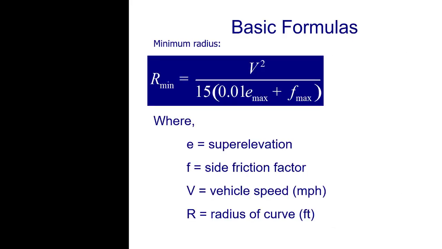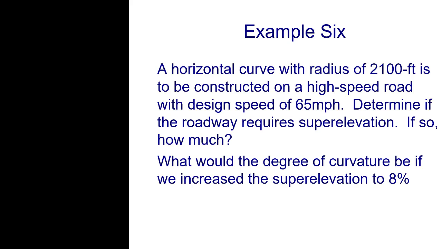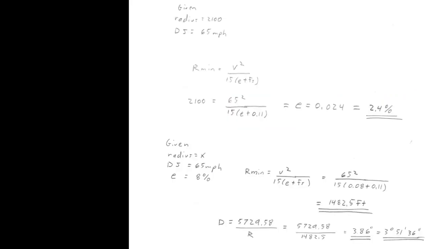Super elevation, basic formulas. R min equals V squared over 15 E plus Fs. A horizontal curve with a radius of 2,100 feet is to be constructed on a high-speed road with a design speed of 60 miles per hour. Determine if the roadway requires super elevation. If so, how much? What would the degree of curvature be if we increase the super elevation to 8%? Given, radius equals 2,100 feet. Remember, they could hide radius with D as well. Design speed,